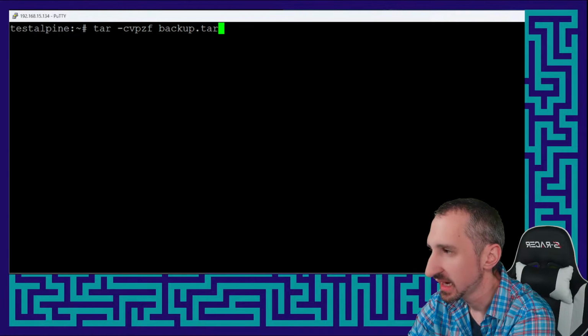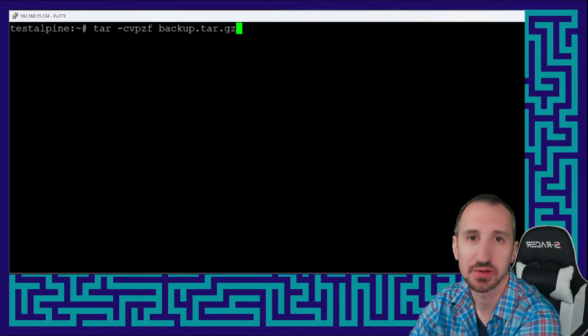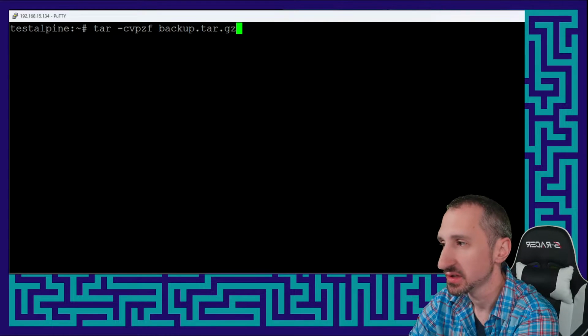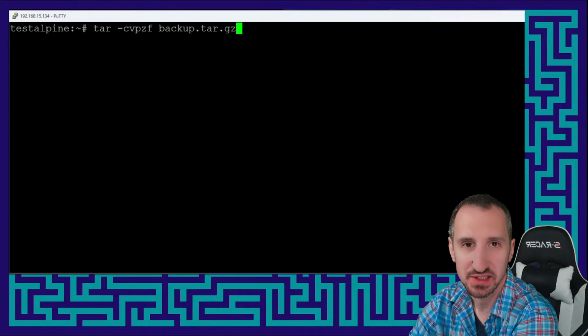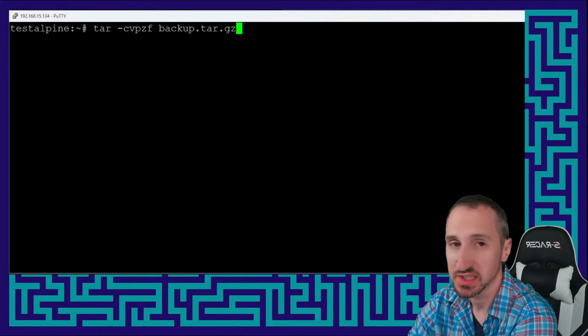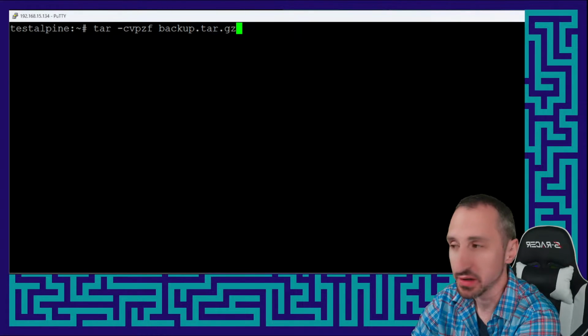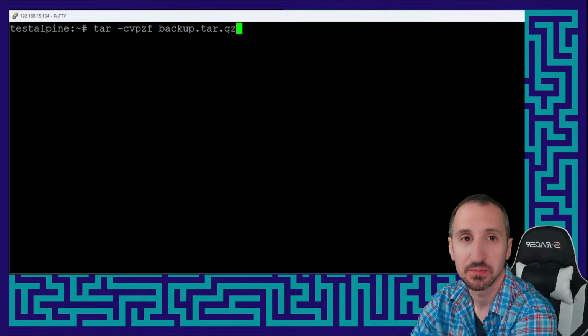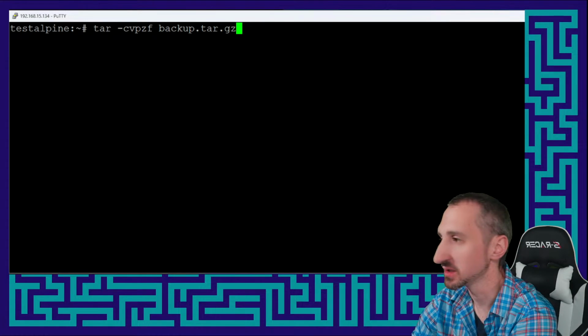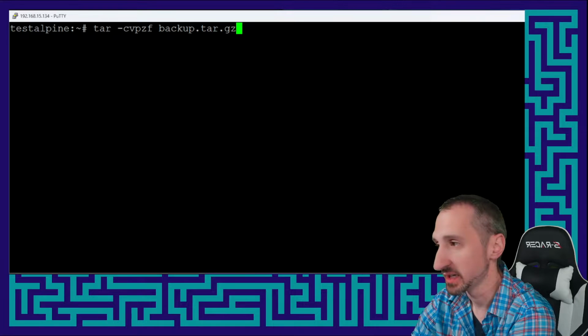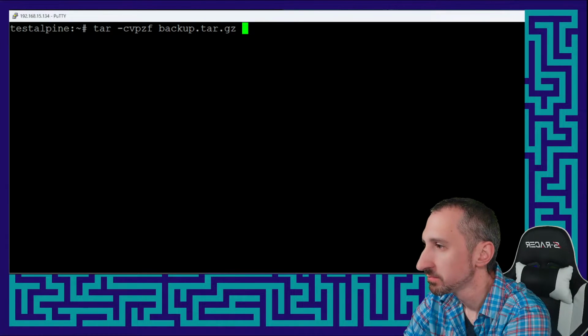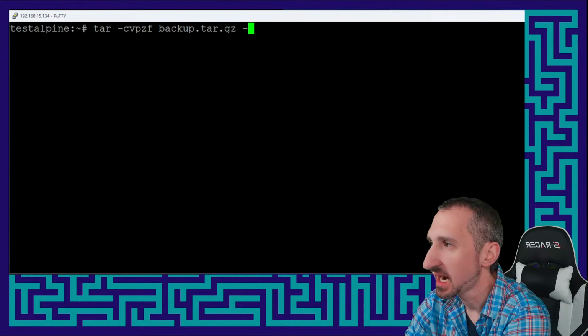backup.tar.gz. GZ is a compression format that is on top of tar, which is why it seems like it has two extensions, because technically it does. The GZ will make it significantly smaller than it would be otherwise, especially when it's text. If it's media, it may not compress all that much at all. But if it's a lot of repetitive text, it will do a really good job at it. So we're going to back up the entire root, but we want to exclude a few things before